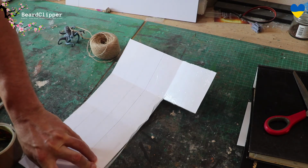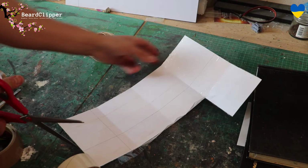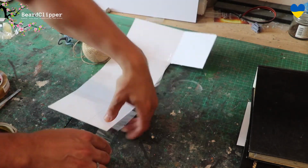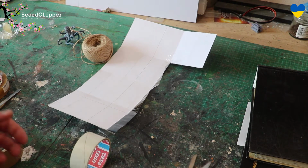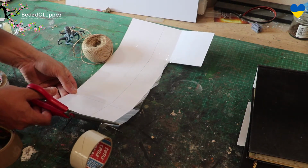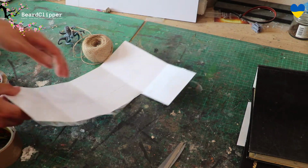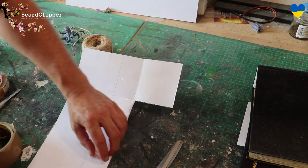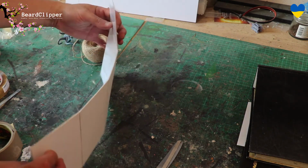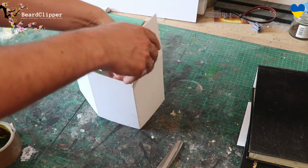This may, as I say, or it may not work. So we'll cut that. Need to make sure I cut that nice and accurately. It's actually quite hard doing this while trying to stay in shot, as is always the fun part of doing this on video. And then what I'll do is I'll fold that up and then start, hopefully, to fold this round